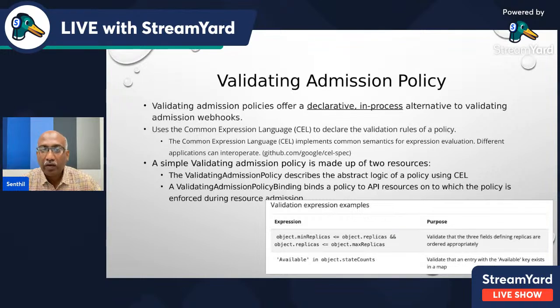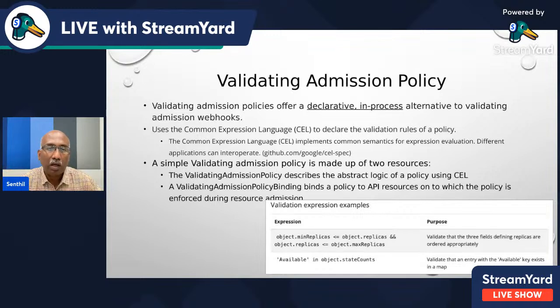This instructs the API server to do a webhook POST call to a separate application called the webhook server, and the webhook server is